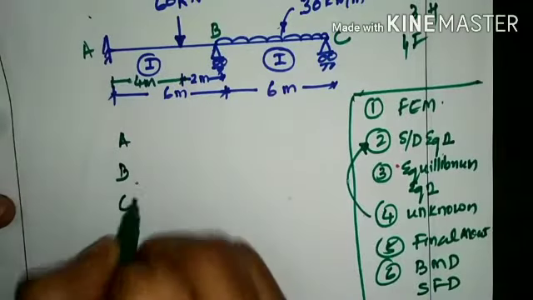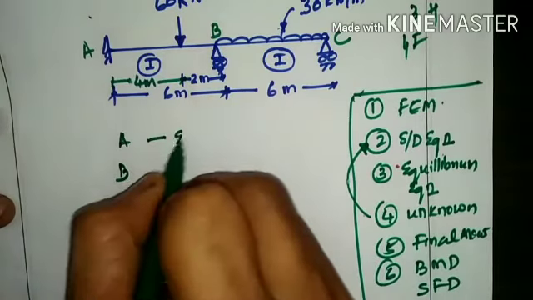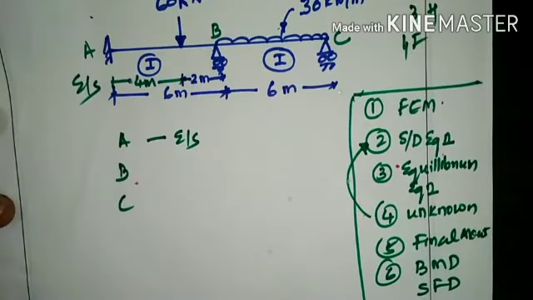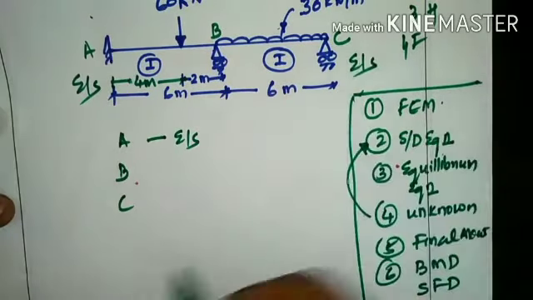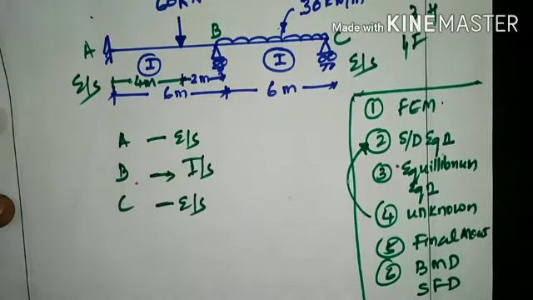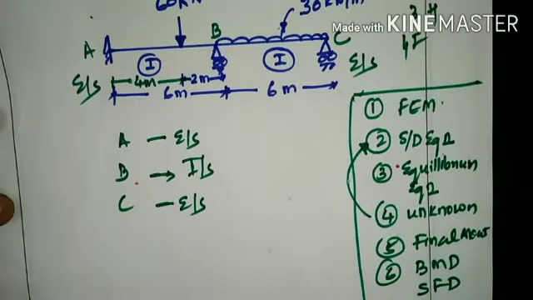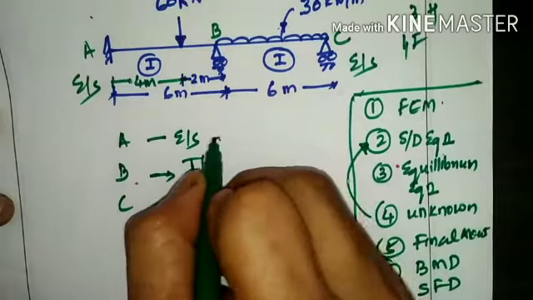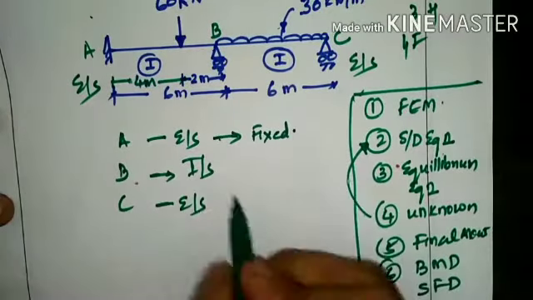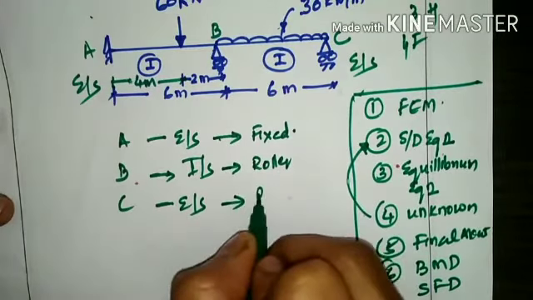So I shall note down A, B and C. Amongst these, A is an end support because beyond A there is no other support. So A will be classified as an end support. C will also be classified as an end support. And B shall be classified as an intermediate support because B is sandwiched in between A and C. Now since A is an end support, what type of end support is A? It is a fixed support. Whereas B is a roller support and C is also a roller support.